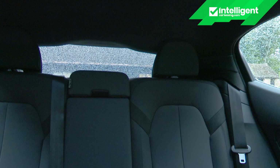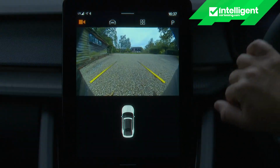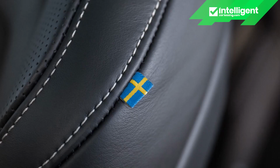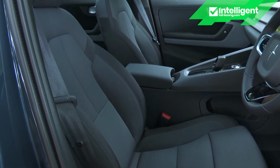Your view towards the back is much less satisfactory thanks to a small rear screen, although so good is the rear camera system and the parking sensor setup that you won't really notice that as an issue too much. The seats, as usual on Swedish cars, are brilliantly supportive in all the right places, and you can have them